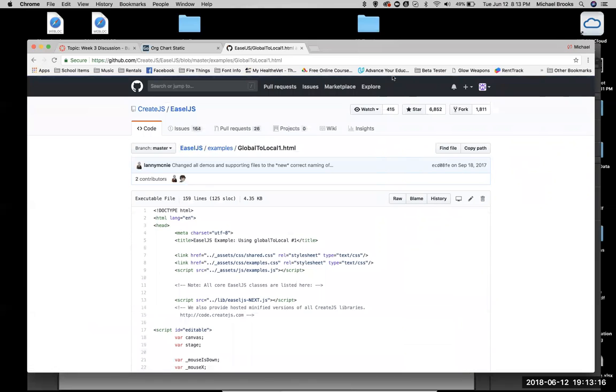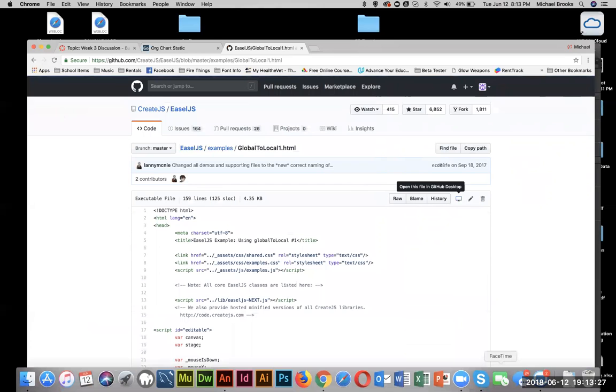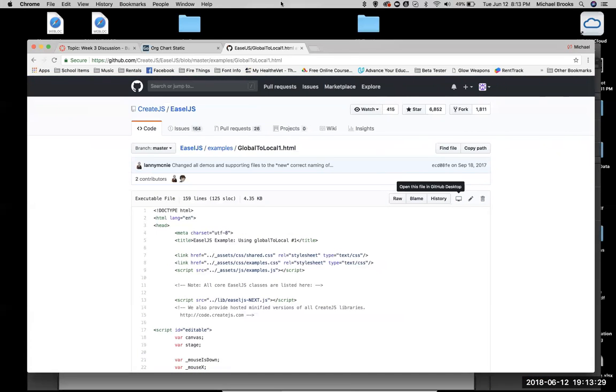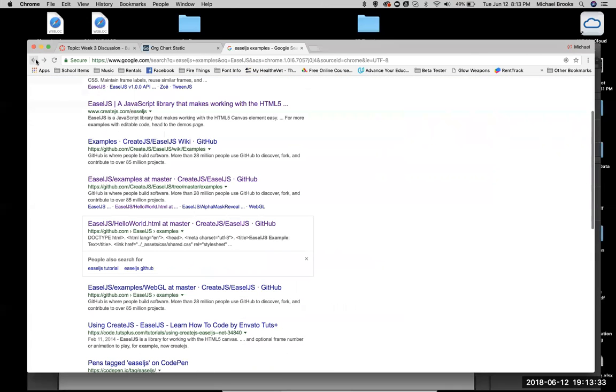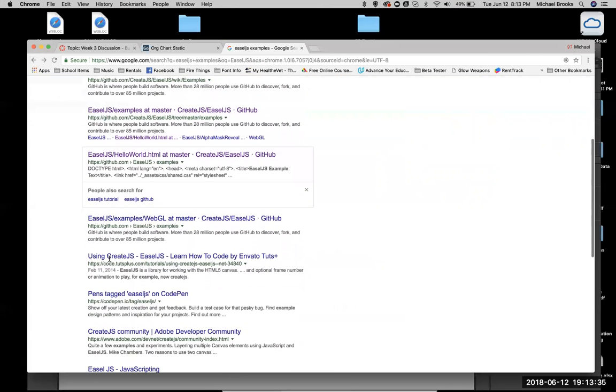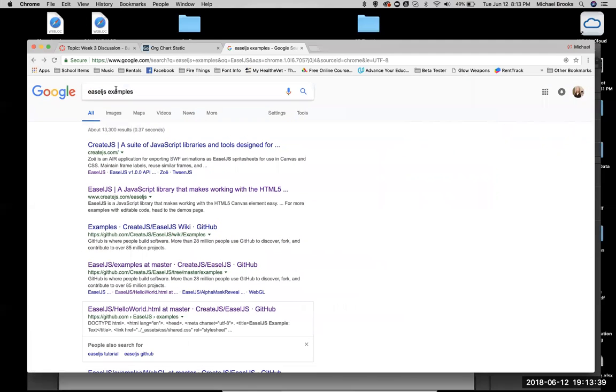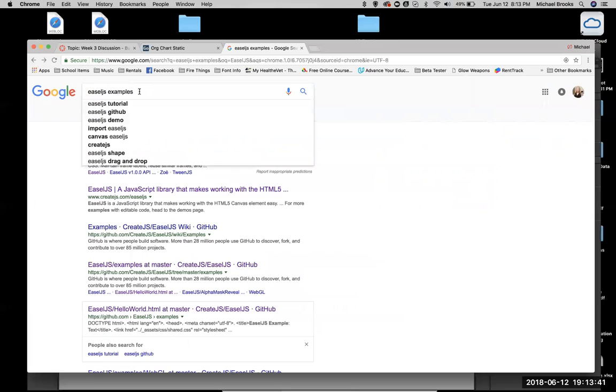Yeah, that one's not letting me run it. And this you have to have GitHub Desktop to run. I don't have it. All right, so what we need to do, Easel JavaScript examples,